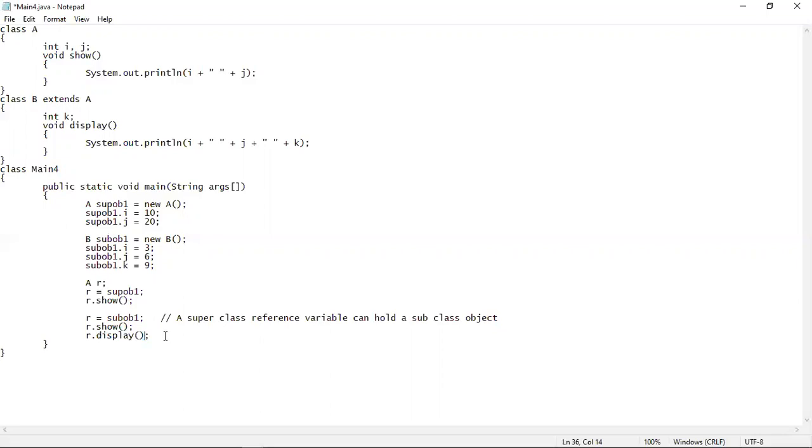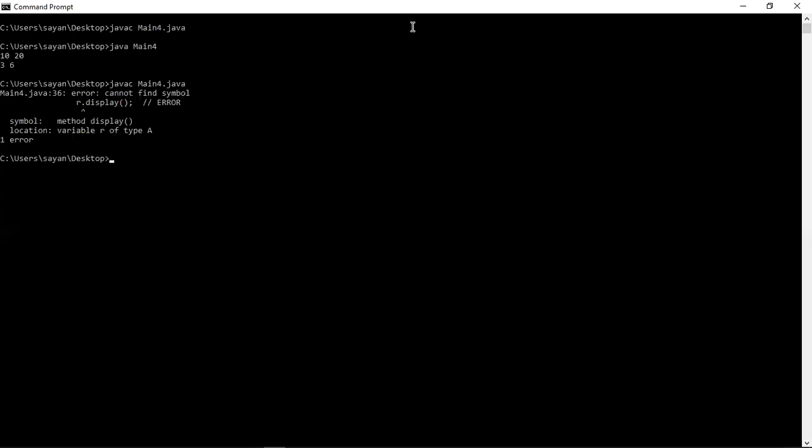This cannot be done. If you want to do it, then this statement is going to give you an error for sure. That's what I have explained in the previous two ways of implementing this concept. Let me show this output once again to you. So here you can see that the same error is being displayed, variable R of type A, and you want to access a subclass method using it, which is not possible in Java.